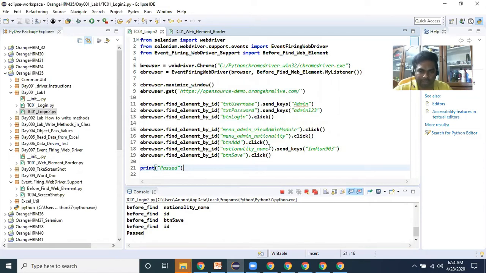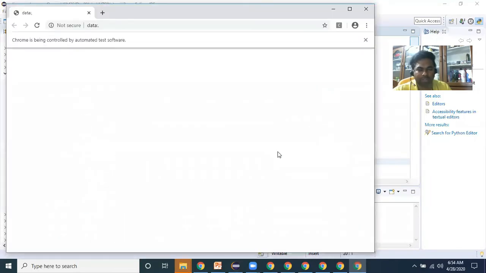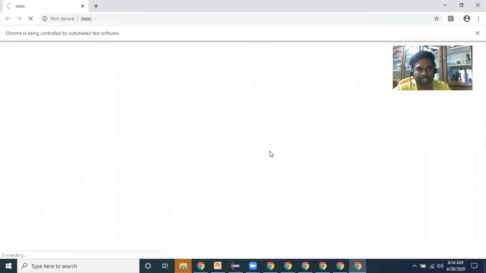If you have written an incorrect name like this, at that particular line the web element border cannot be highlighted and we can easily understand. If I run this program, while entering nation, after clicking on the add button, it won't proceed at all, because WebDriver cannot find that web element and your script will fail.